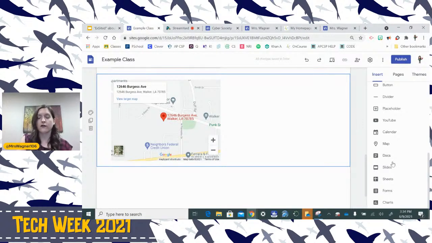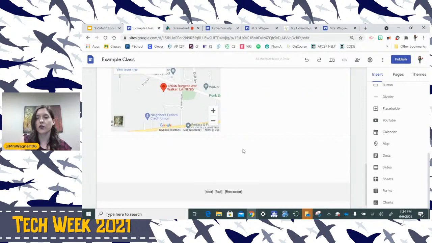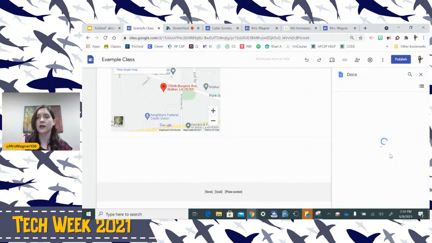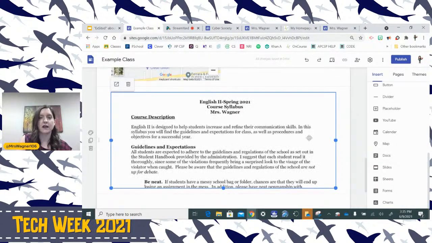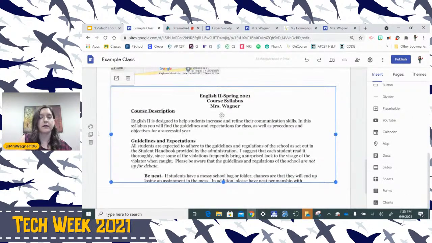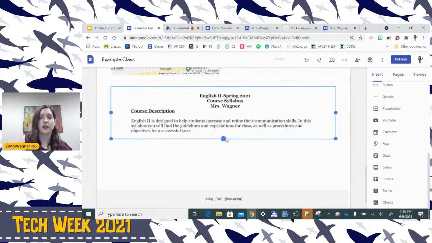Down here, you have all of your Google Docs, slides, sheets, forms, charts that you may want to include. It links directly to your Google Classroom. So it is super simple to use. You click on it. So here's my syllabus. I want to insert my syllabus. It's right here. I can make it take up less space on the page.